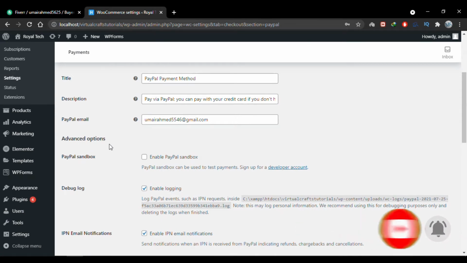And in the advanced options, you have this checkbox, PayPal Sandbox. Now this is a very important setting. You can check this box to enable test payments by PayPal. So while you are developing the store and you have to check whether your payment method is working fine, or you just want a payment method placeholder before you can integrate a live account with the site, you'll have to check this box and it will enable the PayPal test payments on our store. So I'll enable it.